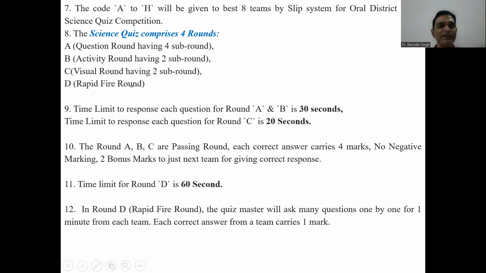और जो टाइम लिमिट थी डी राउंड की, दैट इज द रैपिड फायर राउंड, दैट इज द 60 क्वेश्चन। और रैपिड फायर राउंड के अंदर द क्विज मास्टर विल आस्क एज मेनी एज क्वेश्चन वन बाय वन फॉर 1 मिनट फॉर ईच ऑफ द टीम। इनसे एक टीम को 60 सेकंड का टाइम मिला, क्विज मास्टर लगातार क्वेश्चन पूछता है और जो टीम होती है उनको लगातार जवाब देने होते हैं। अगर किसी क्वेश्चन का जवाब नहीं आता तो दे जस्ट से पास पास पास, जिसका आंसर आता है उसका जवाब देंगे।